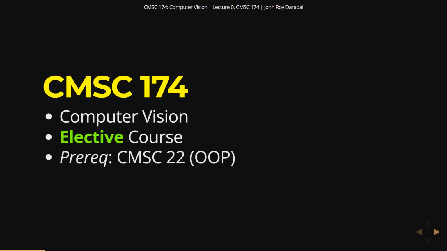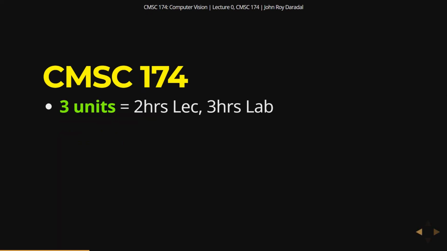Now, for the prerequisite, ComSci 22, which is your OOP, is the prerequisite for this course. And we just added this because we wanted to make sure that you're finished with your programming series, which is your ComSci 11, ComSci 21, and ComSci 22. And having ComSci 22 means that you've finished those three, right? So this is just to make sure that you're already comfortable with programming, since presumably you're in your third year or fourth year, and so computer vision programming should not be a problem anymore. Okay. Now, ComSci 174 has 3 units. It has 2 hours of lecture and 3 hours of lab